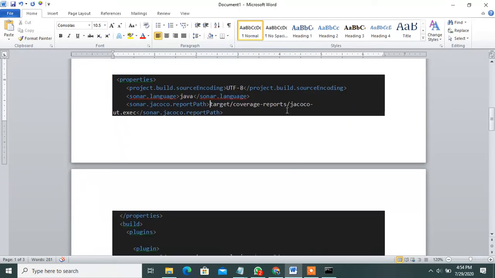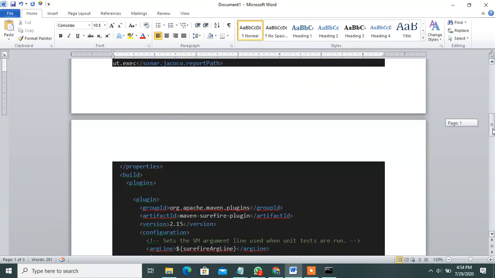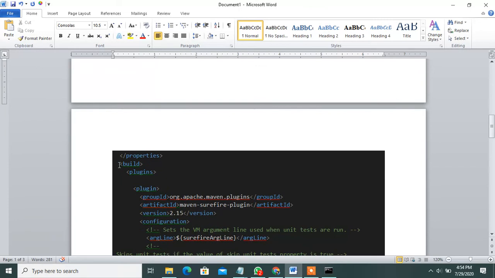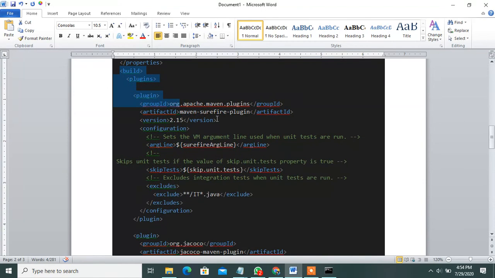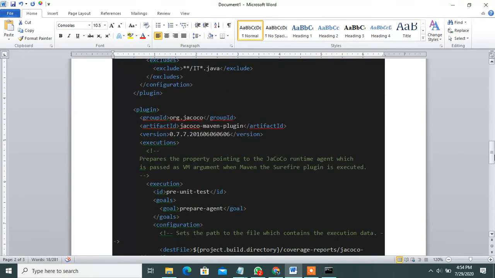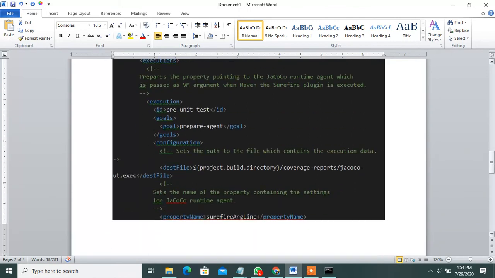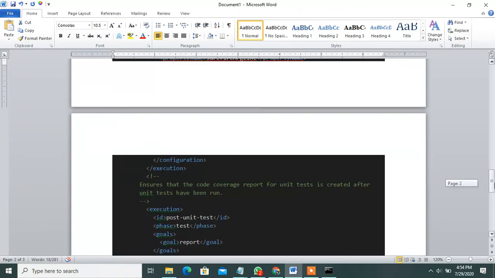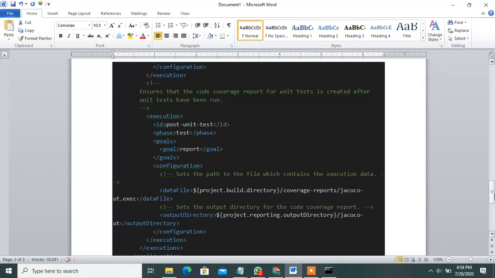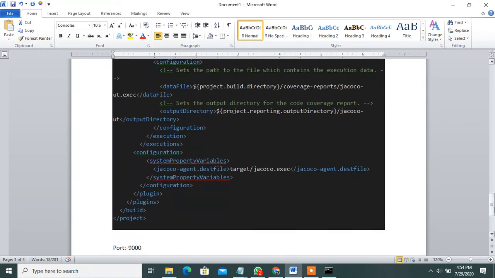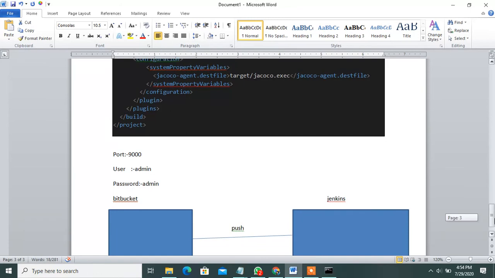Properties means whichever project will be run, whether web app project or Java project, that will be mentioned here. Under properties you can mention the Maven plugin. Under Maven plugins also the JaCoCo runs. I will explain it very carefully in the last two videos also. You can go through and watch that.